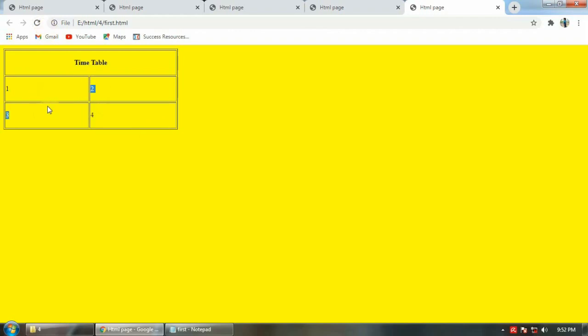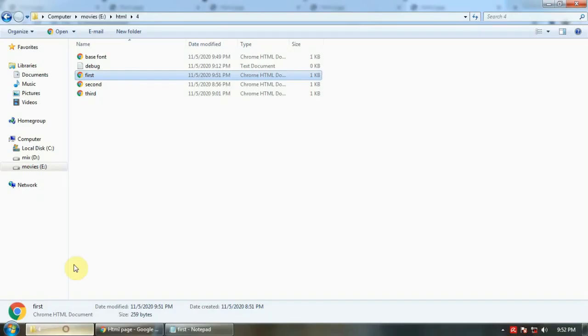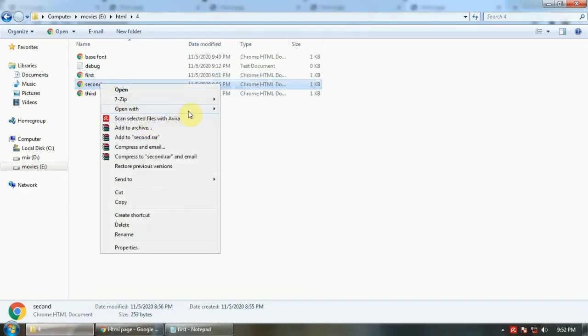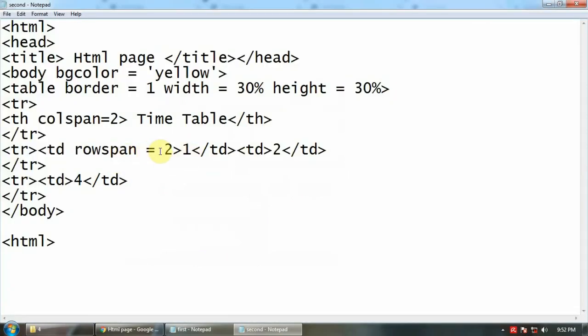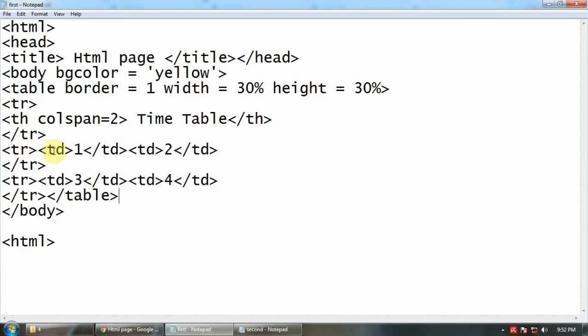Now suppose I want to merge number 1 and number 3, these 2 rows, this is the first row, this is the second row. What I have to do is write like this. Earlier, after the timetable I closed tr, then started tr and td.